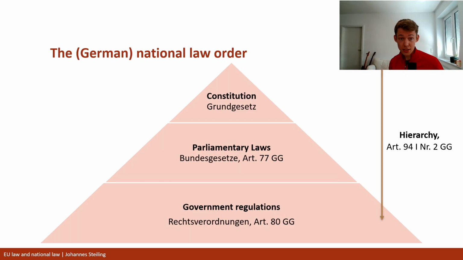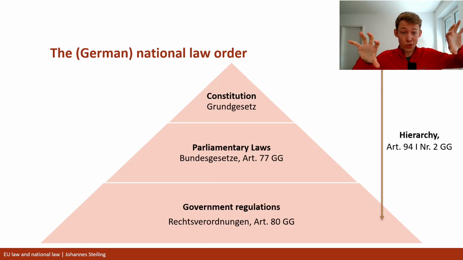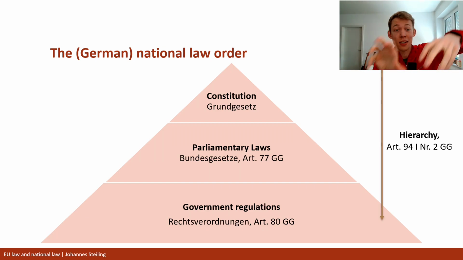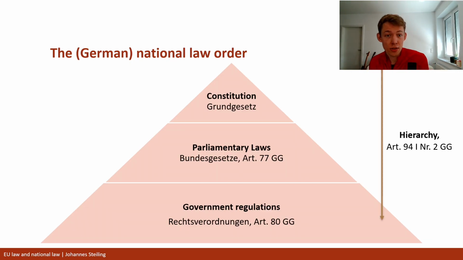Right. So what I'm trying to show here is that the EU legal order is basically the same as the national legal order. So you have two legal orders that are next to each other and that interact with each other, as we've seen, since the ECJ has said that the EU legal order can influence the national legal order, can be applied within the member states and give rights and obligations to individuals. So if we have this interaction, we need to define the relationship between EU law and national law. Is there a hierarchy?